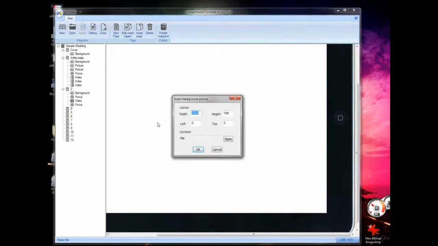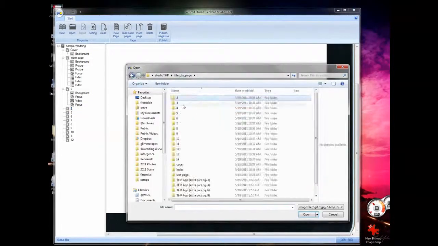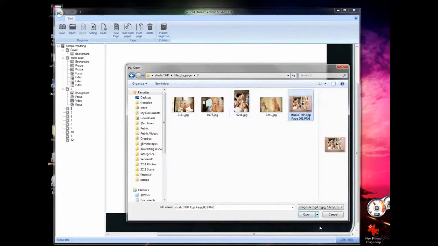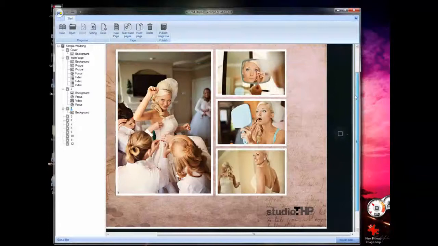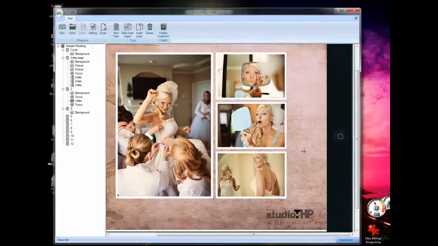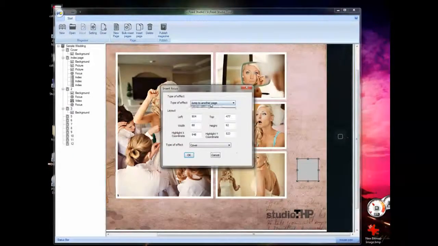Add background picture, go to page 3, background picture from the template. And now what I want is somewhere over here. I actually have an icon that I added to the InDesign that I don't have in this version, but I just selected 3, and I added a focus, just a random blinking light will come here, and I'll say add focus, and I'll say pop-up picture. I'm going to